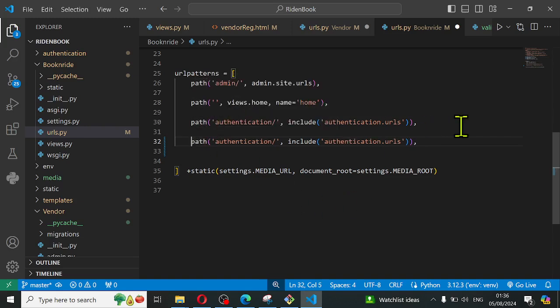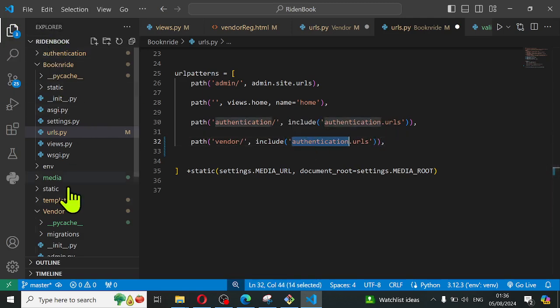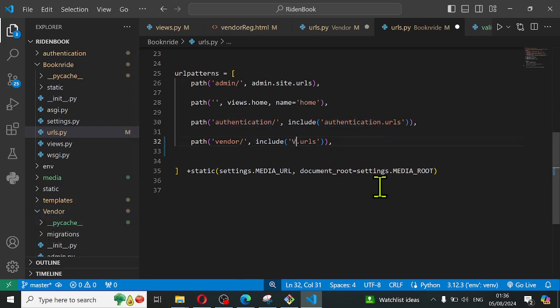And then this is going to be not authentication again. Call this vendor, and then this is going to be the name of this app, vendor.urls. Now this can be anything. This is just a path, so it means when we host our web application, or if I run the Django server and I want to go to the vendor URL, the path is going to be maybe